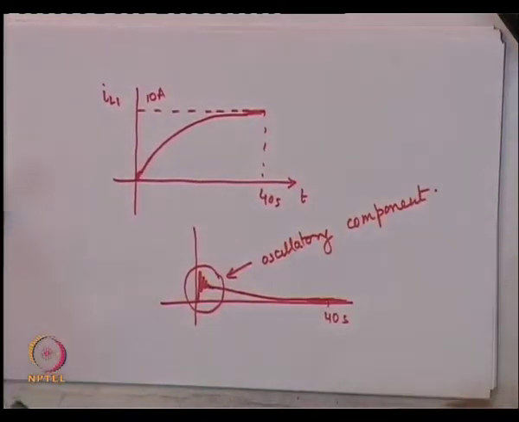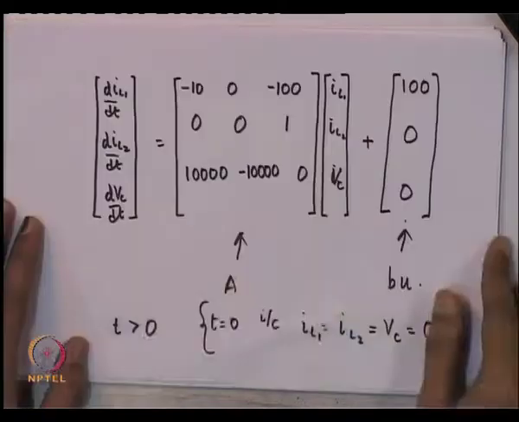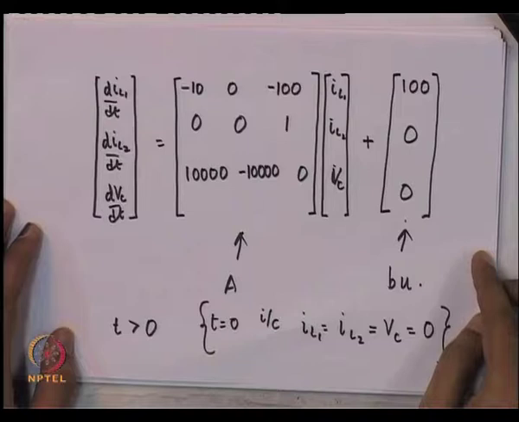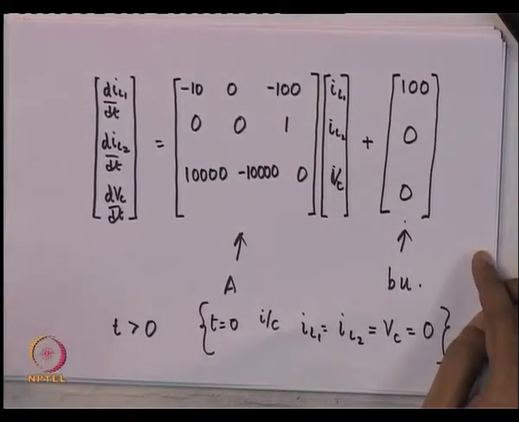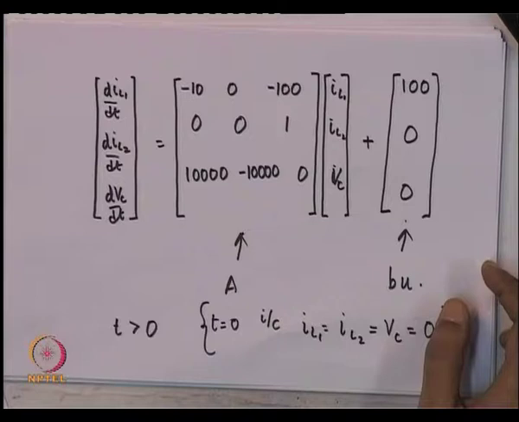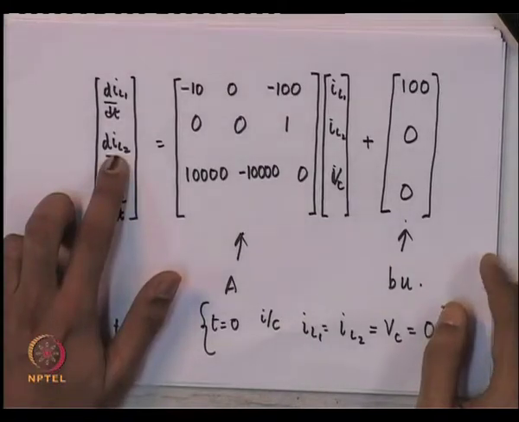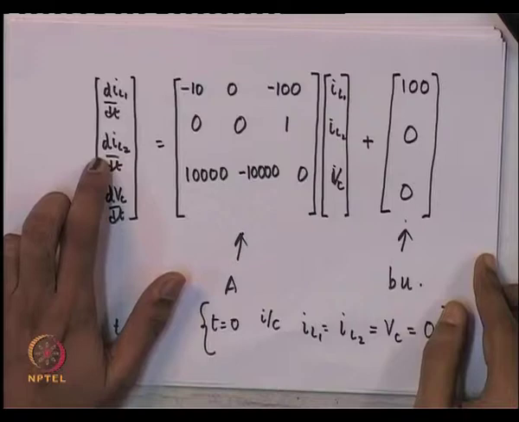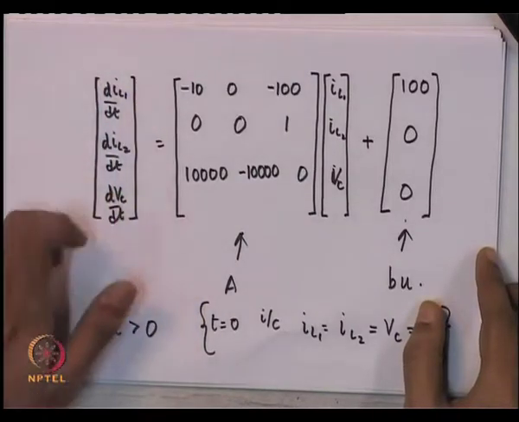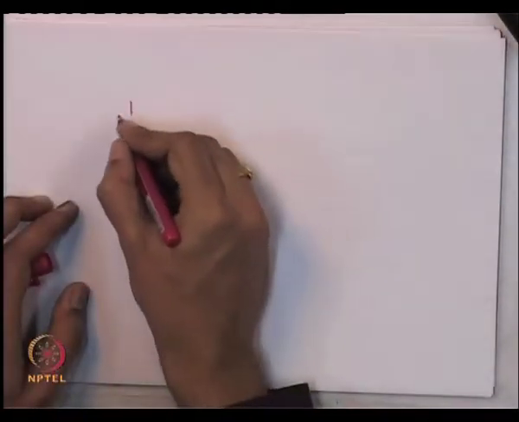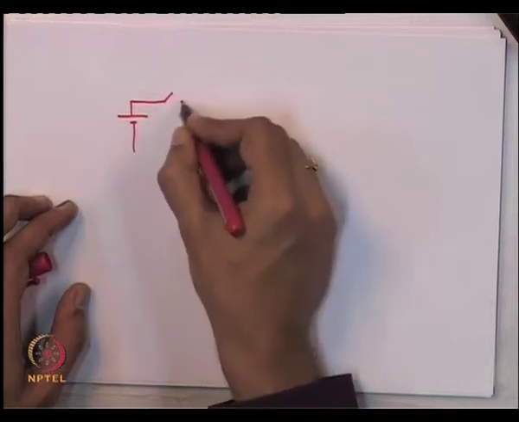Now, when you are studying this circuit, a thing which will get suggested automatically is, can we simplify the analysis of this circuit? For example, if you look at the state space equation of the system, it appears that the response for IL2, the slowly varying variable, will be preserved even if I make certain approximations in this. Just look at what I am trying to say. What I am saying is, as far as the response of IL2 goes,